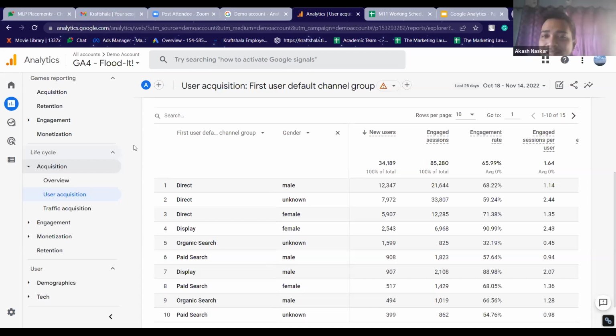But you have to understand that this data is for a specific website. It's not for all of Google. It's for the Google Merchandise Store. And when you get this data, it will be for your own website. Even if there are 2.5 million searches happening, it doesn't mean that all the searches are happening for your website.